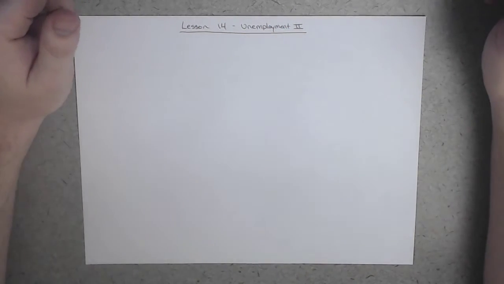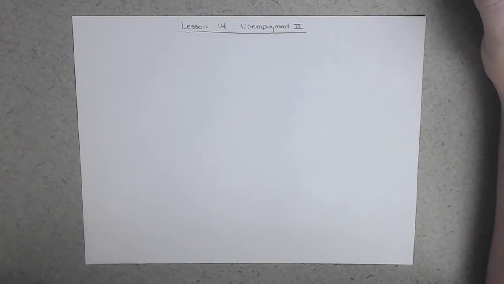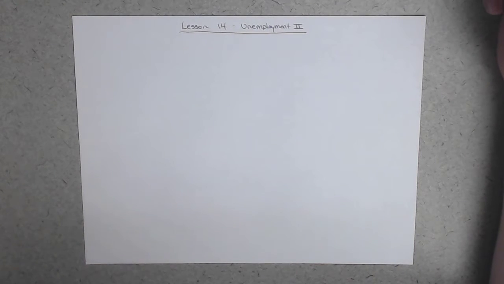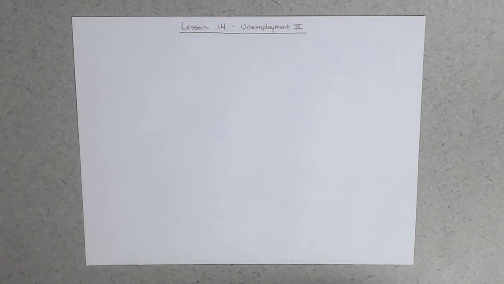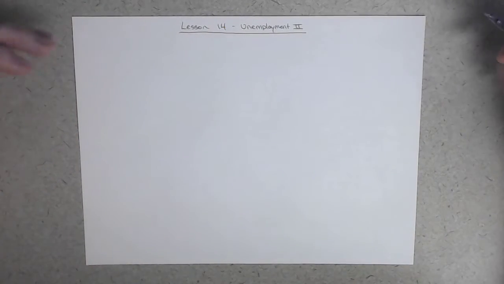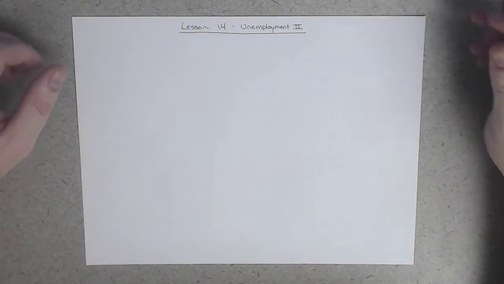So we're going to pick up talking about unemployment where we left off in the last video, and we're going to talk about the labor force participation rate, the adult population. We're going to look at some data from 2012 BLS reports that were published then, and then we'll also get into why we see longer lasting bouts of unemployment today than we have in the past. Okay, so we'll get into the determinants of the length of unemployment as well.